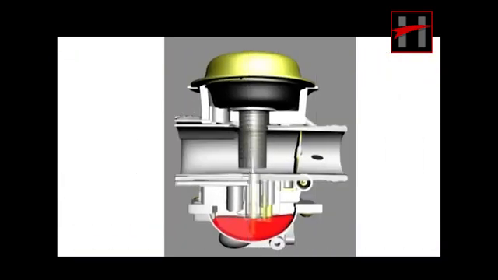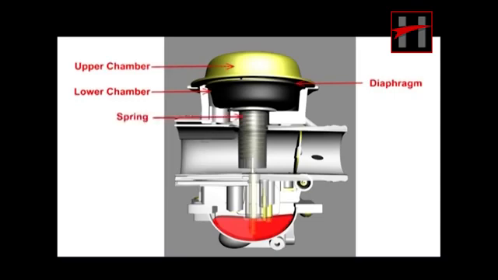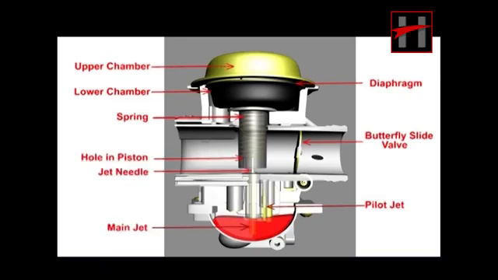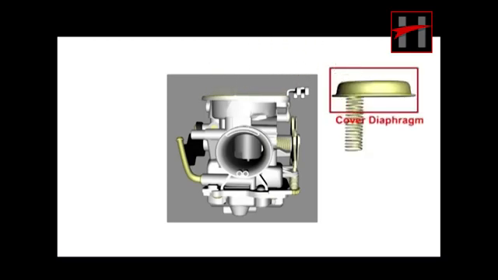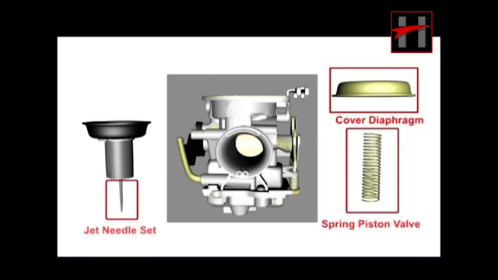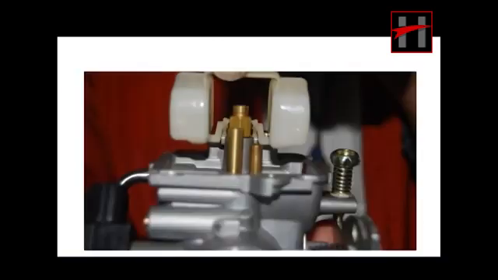The BS type carburetor consists of the following parts: diaphragm, lower chamber, upper chamber, spring, butterfly slide valve, pilot jet, main jet, hole in piston, and jet needle. Following are the components in a BS type carburetor: cover diaphragm, spring, piston valve, jet needle set, piston valve with diaphragm, float assembly with pin, float